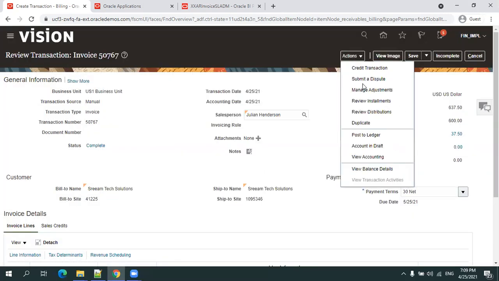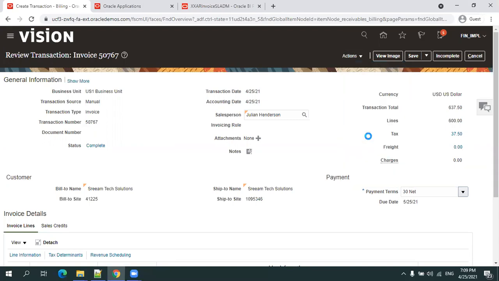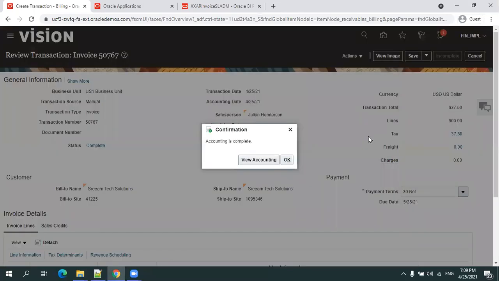Now let's click on actions. We have many other things, but I don't want to get much deeper into them. Simply click on post to ledger. That's it. Now what will happen? The data which you have in AR invoices, nothing but the amount information, right? The amounts which you have at the line level got distributed according to the distribution accounts, and this distribution information will be posted to GL lines, because in the GL lines you'll have the distribution account information, like the amount, or a credit for a particular account, that will be available in the GL.